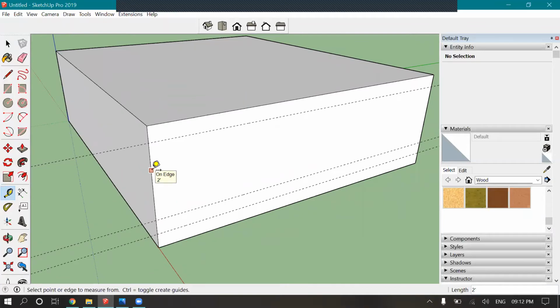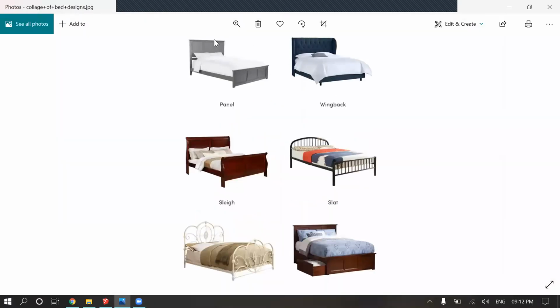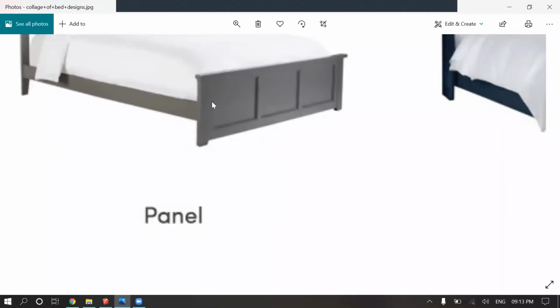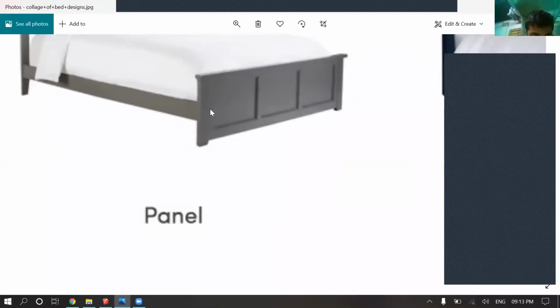So in the beginning, we will just draw the basic model, a rectangle one, and give some rough sketches on it so that we can get our points. So we have done with this part, and now we will go for these spaces. Here are some spaces on both sides. Let's take them as 4 inches.